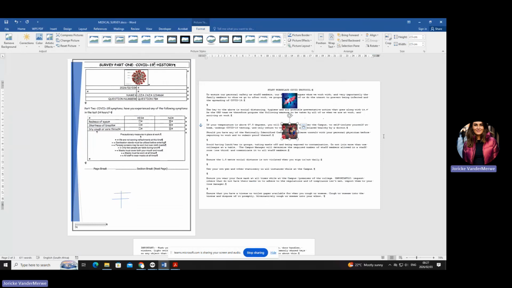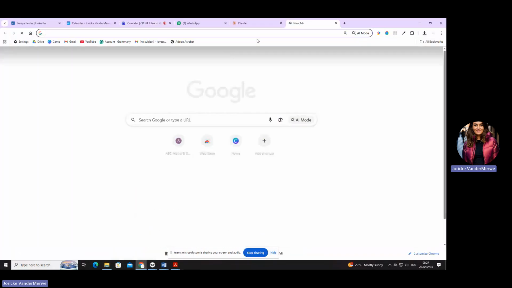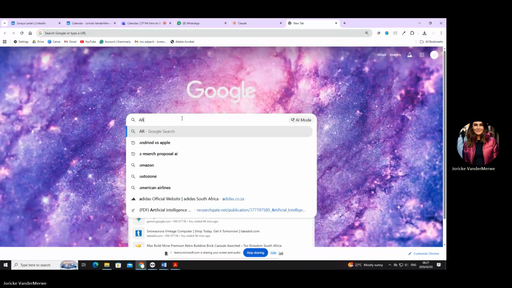Insert the following 2 citations at the end of the last 2 paragraphs in the document. Okay, now darlings, before I explain to you what to do here, let's quickly understand what is the difference between a reference and a citation. Okay, now in order for me to show you that difference, I'm quickly going to open up an article for you.